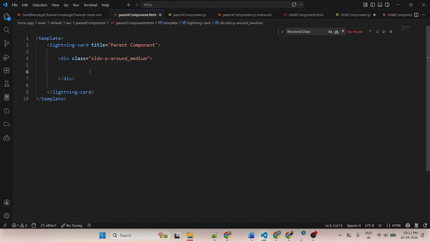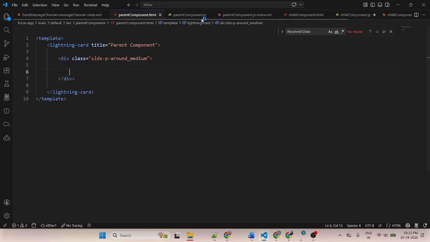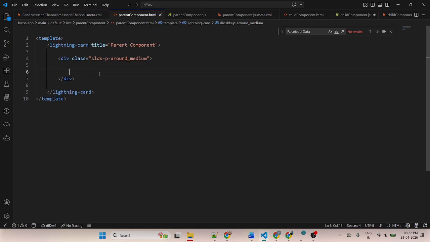And HTML, this is the parent component. In the parent component, this send message channel is actually imported inside the JavaScript. So first let me create the HTML file. In the parent component, first we need to create a Lightning input field and button.